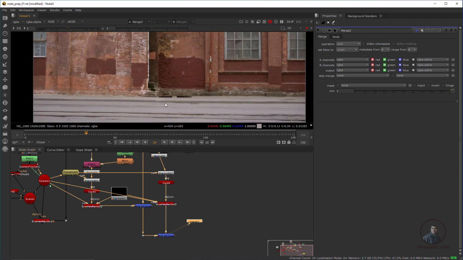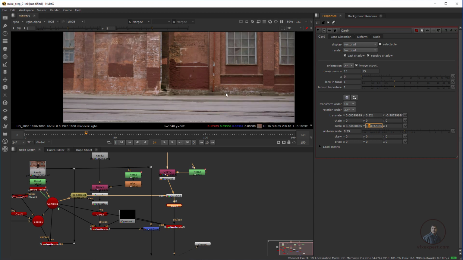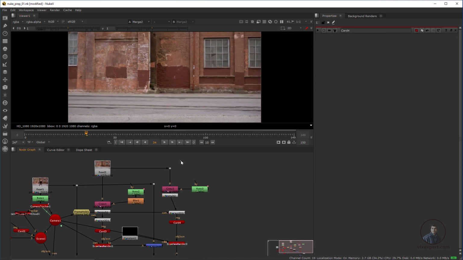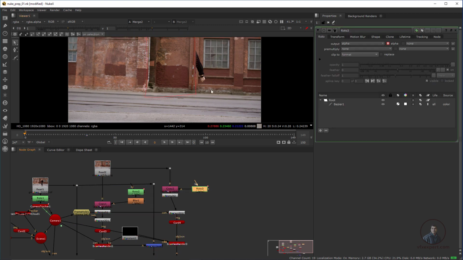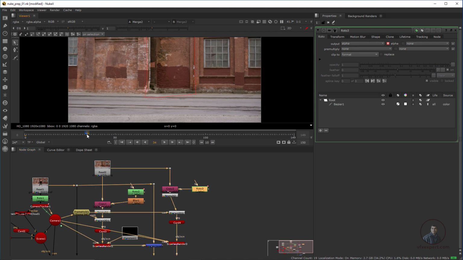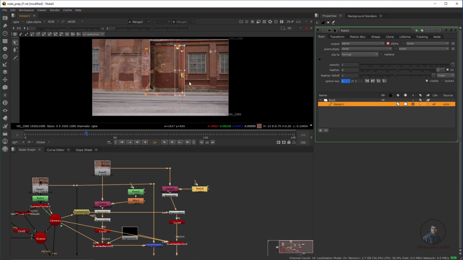Now you can see I think we have to adjust this thing a little bit again. Now play and check it here. Maybe if you look here, I think it is going outside a little bit. So again select this roto. I think there is a small area. Then again come here to frame 34, because here you created your roto. Then double click here and adjust this area a little bit.